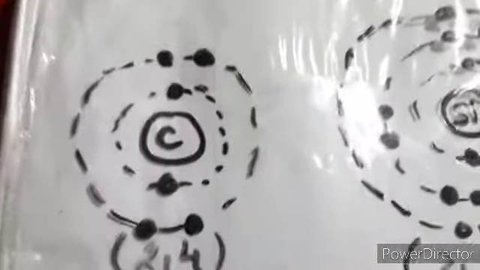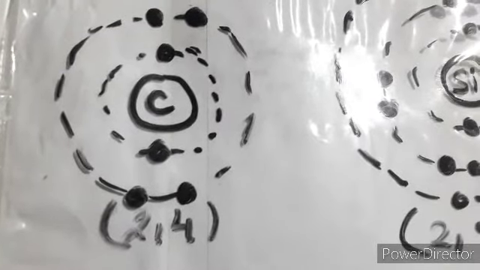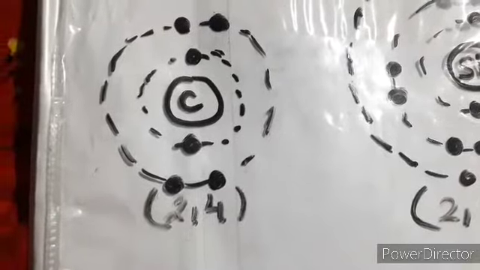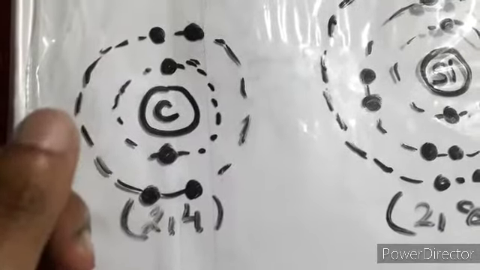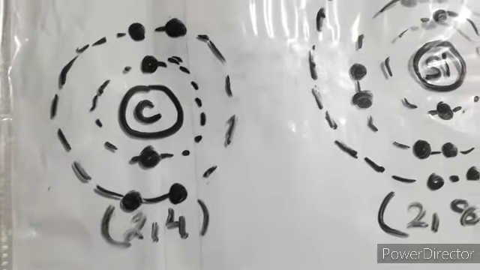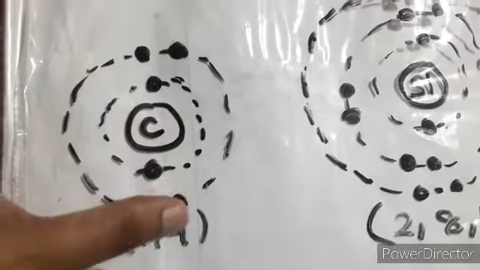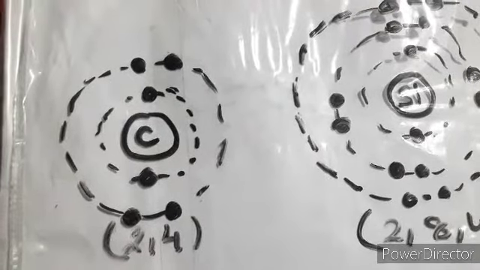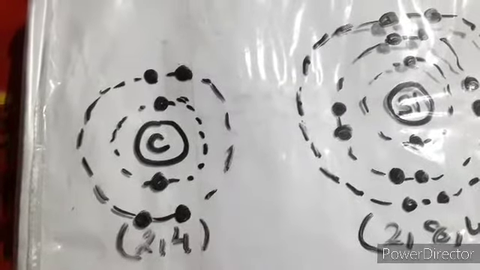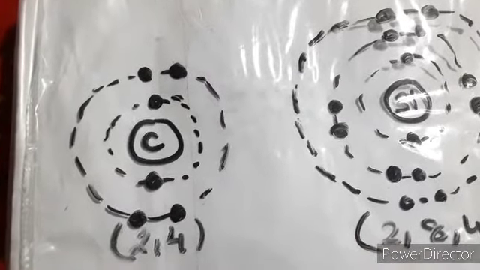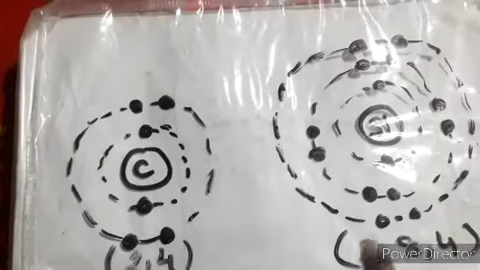But if you come towards the carbon, you know that its ionization potential will be large, right? Because you are trying to remove the electron from it, but carbon doesn't have that tendency. So you are forcing carbon to give up the electron, and in that particular case your ionization potential will be more, and this will behave as more non-metallic. Fine. But we are not focusing on that, we are focusing on why the ionization potential decreases in a group, and because of it the non-metallic character decreases. So we have discussed in this manner.